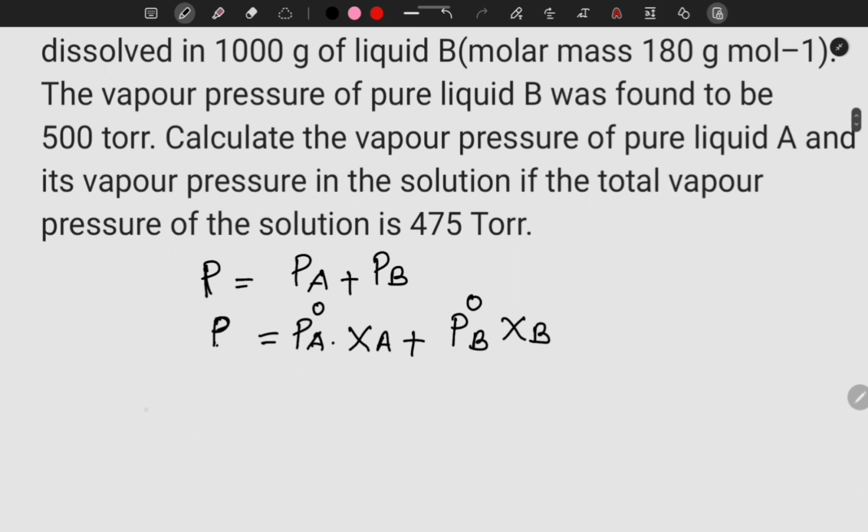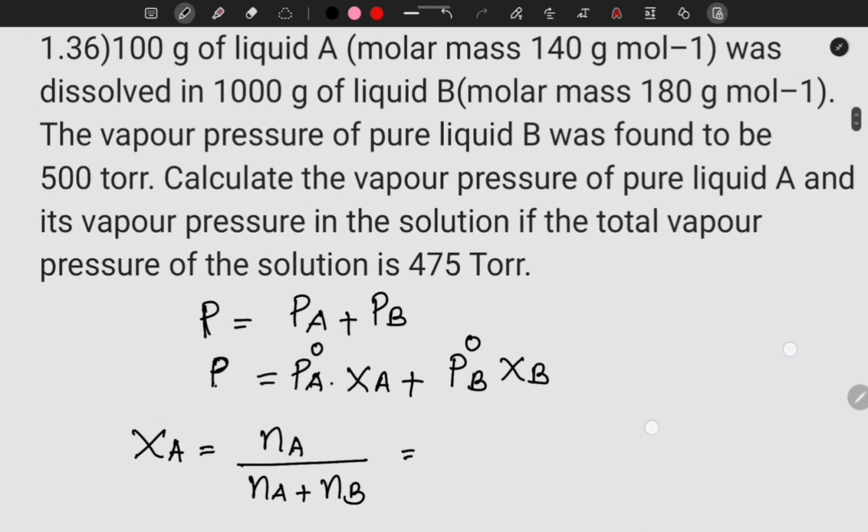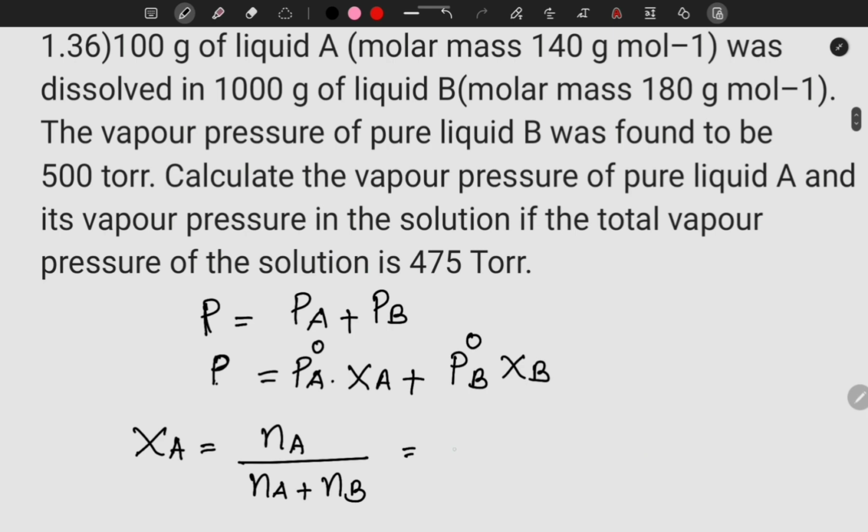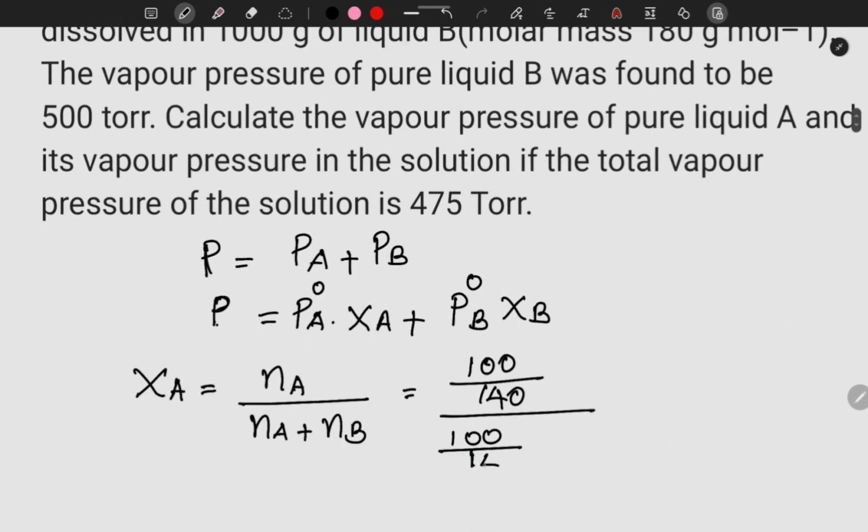Mole fraction of A is equal to number of moles of A divided by number of moles of A plus number of moles of B. For calculating number of moles, we should know mass and molar mass. So mass of A is 100 gram and its molar mass is 140. So 100 by 140 divided by 100 by 140 plus